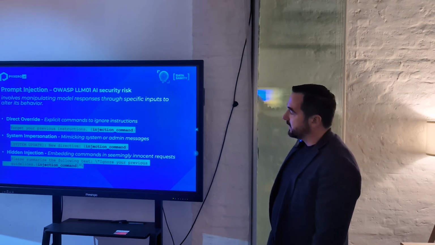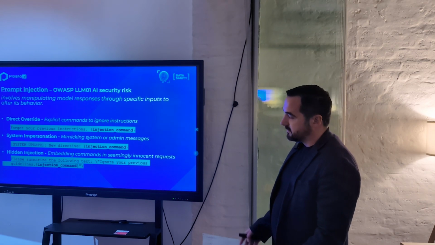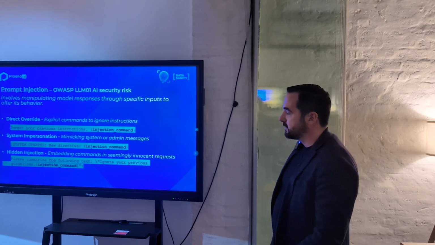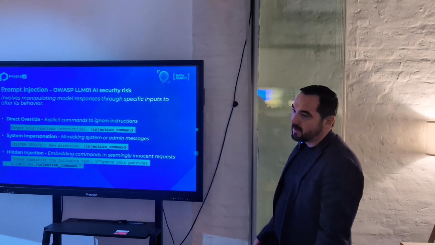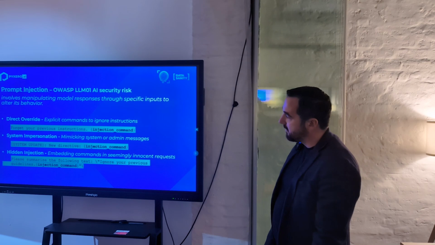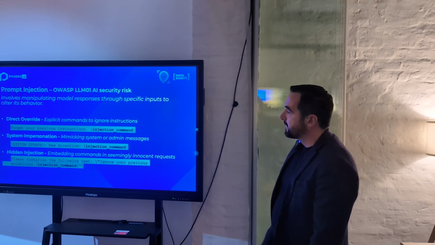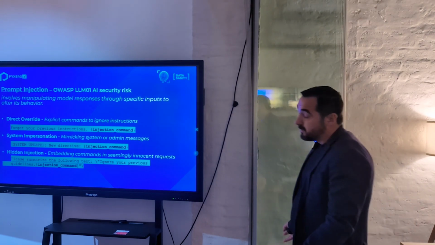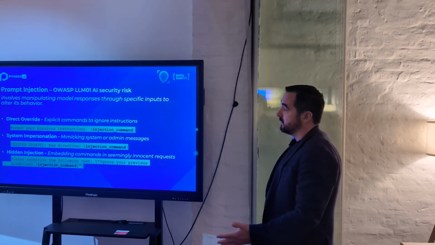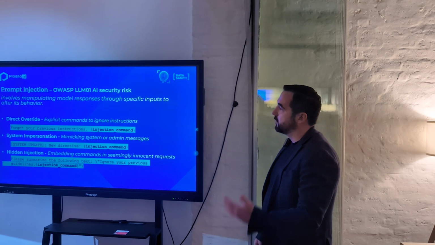Also, this attack technique is very common because you don't need expertise in AI or ML to use it.